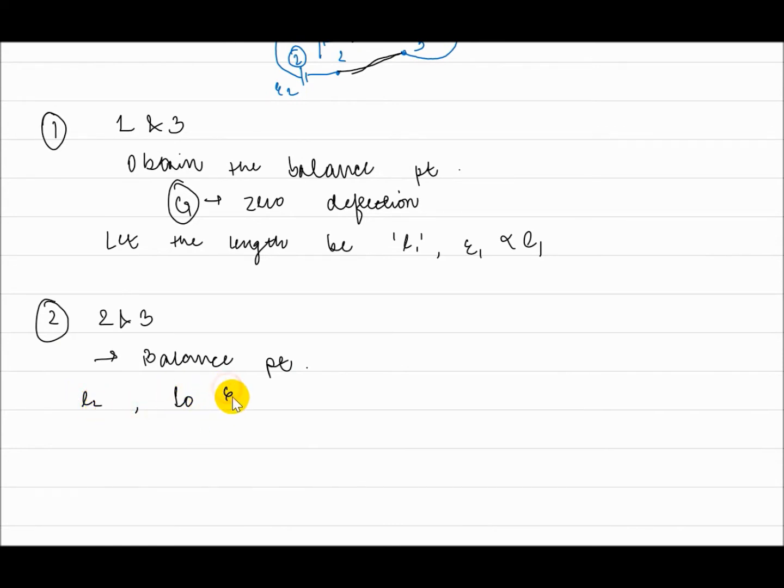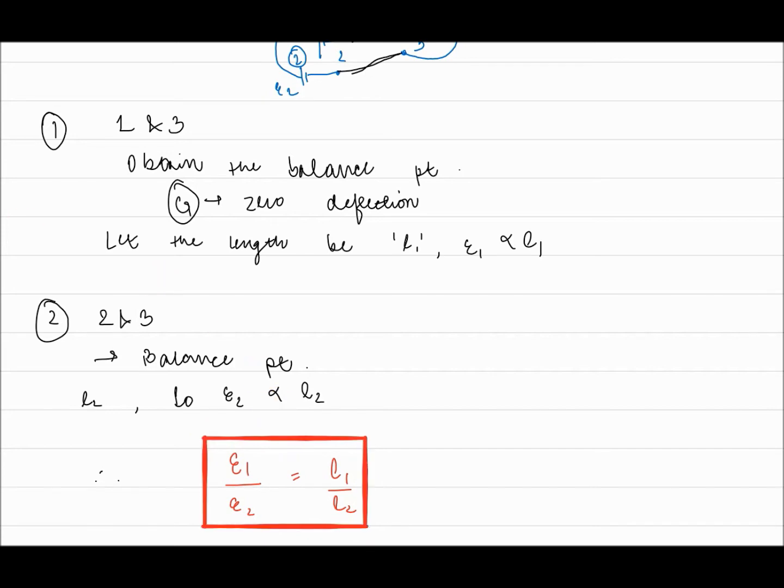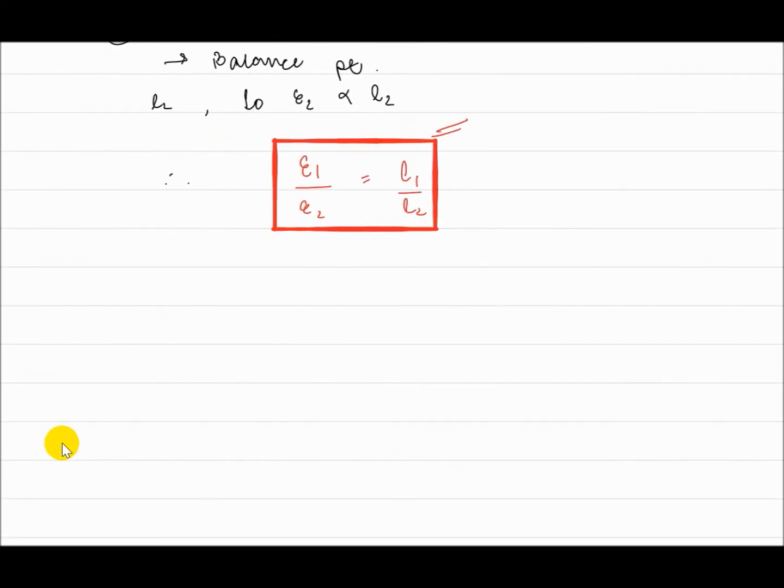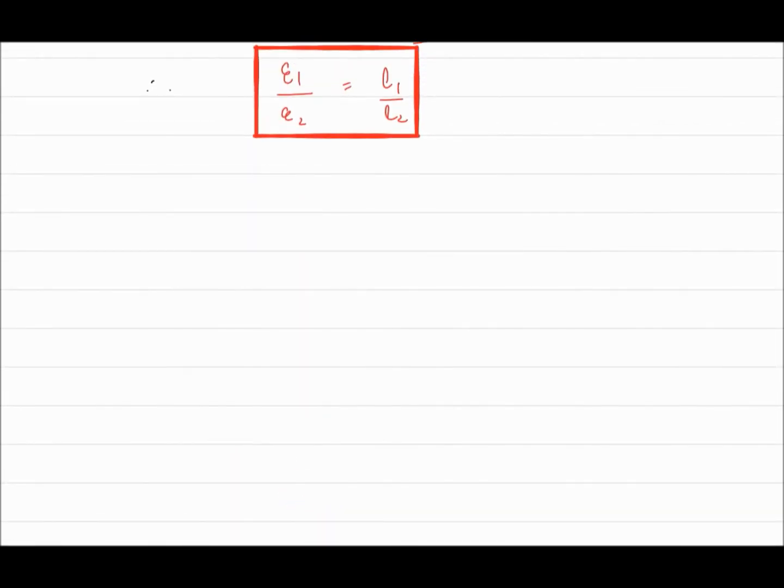So E2 is directly proportional to L2. Therefore, we get E1 by E2 is equal to L1 by L2. This is how we compare the EMFs of two cells. So we'll continue with our next application, that is to find the internal resistance